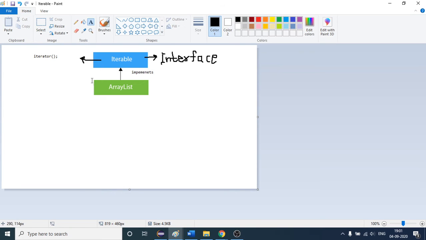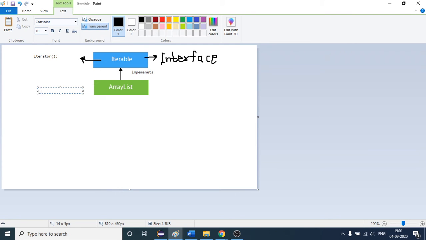So the definition of this iterator method will be provided in this class. So is it clear as of now? Then I will proceed forward.